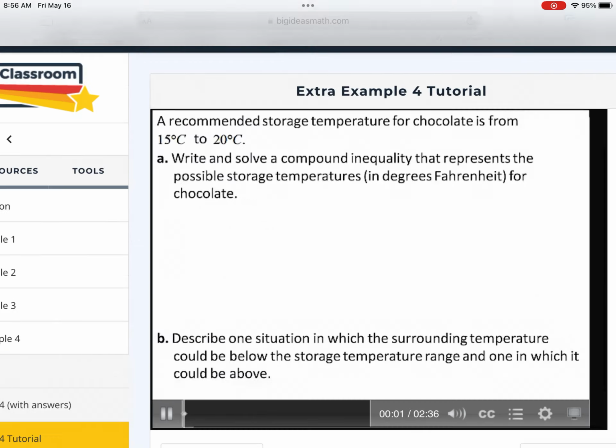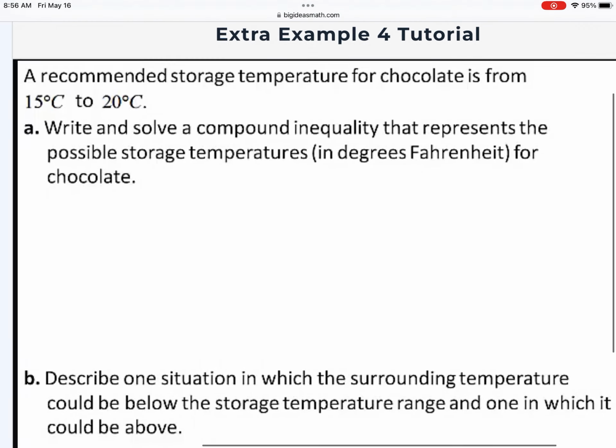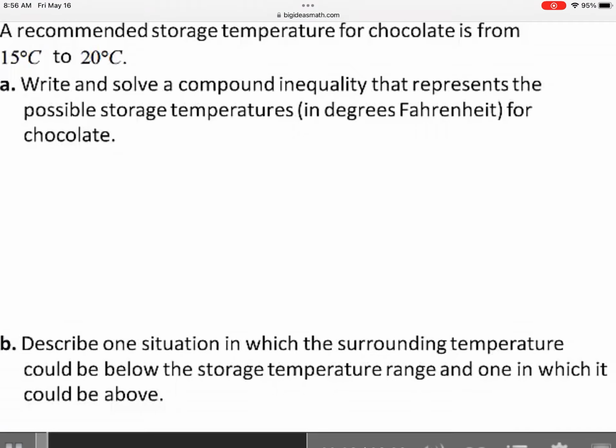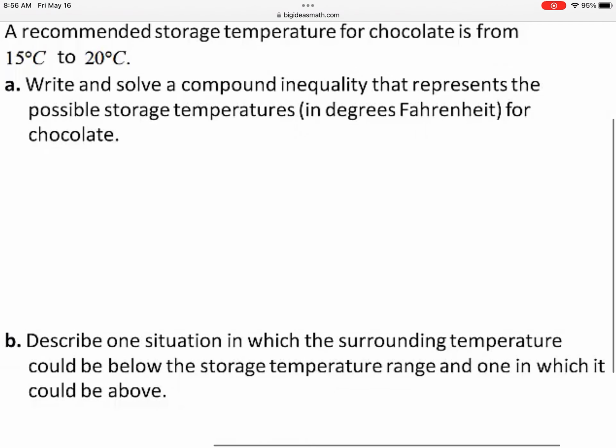A recommended storage temperature for chocolate is from 15 degrees Celsius to 20 degrees Celsius. Part A. Write and solve a compound inequality that represents the possible storage temperatures in degrees Fahrenheit for chocolate. Let C be the temperature in degrees Celsius and let F be the temperature in degrees Fahrenheit. So the inequality 15 ≤ C ≤ 20 represents the possible storage